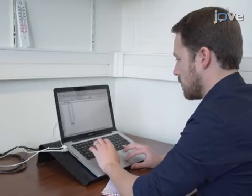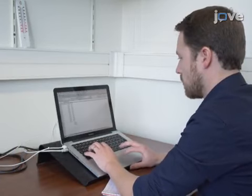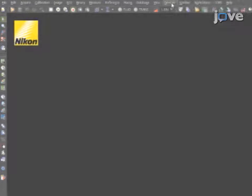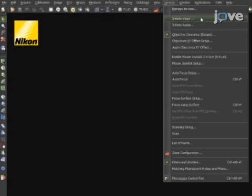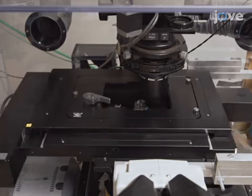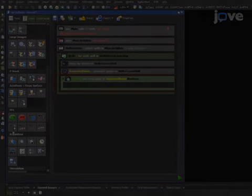Afterward, save the treatment information for the experiment into a spreadsheet called Setup. To set up the microscope, first calibrate the XY stage using the software. Next, create an imaging protocol for